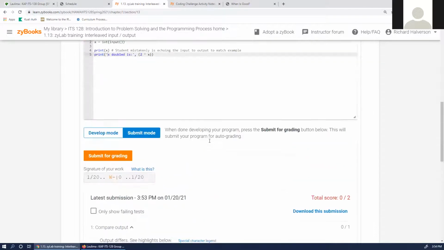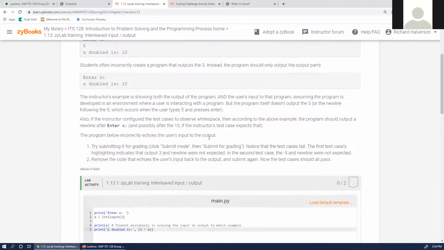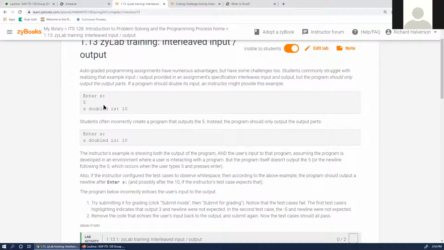And the reason is because really in this problem, this is the user typing in the 5. Your program outputs this, and then it sits and waits for an input, and then the user types in this, and then your program writes this out. Your program does not write out the 5. This is the user typing in the 5. And so this is confusing when we're learning Python using a system like this, because really, if we were learning Python using